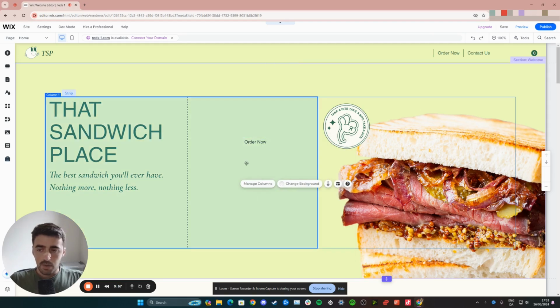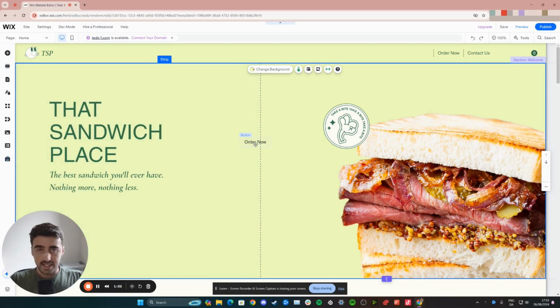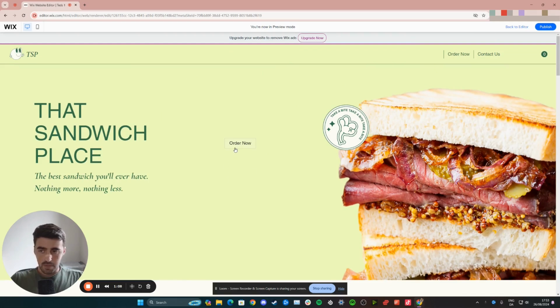And that way, the button will be completely transparent, and the only thing that will be left in here will be the text itself. So if you go ahead and preview this, you'll see what the button really looks like when it's fully transparent. And yeah, that's pretty much it. That's how to make a button